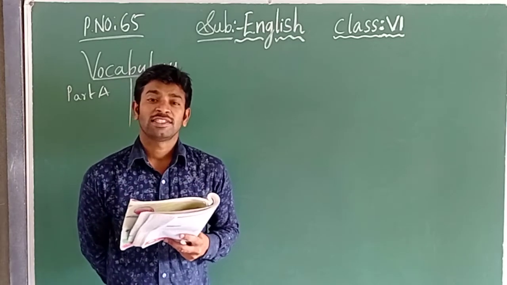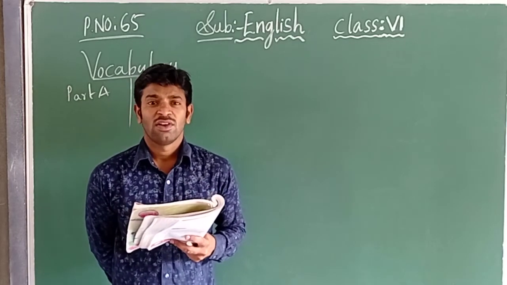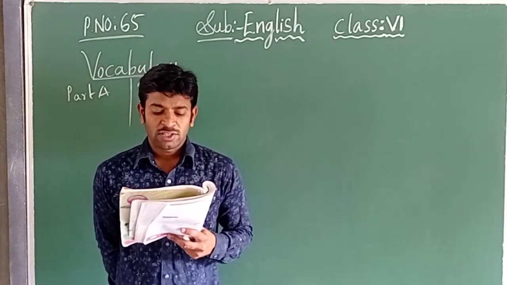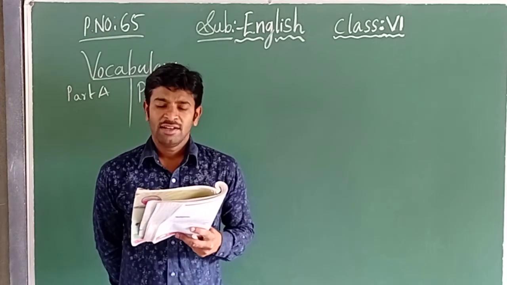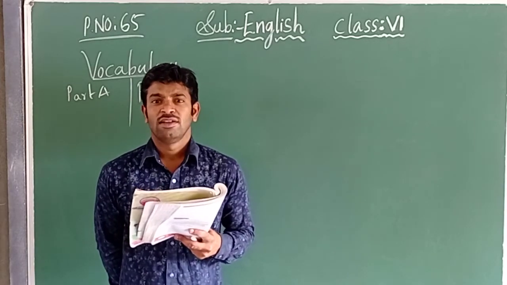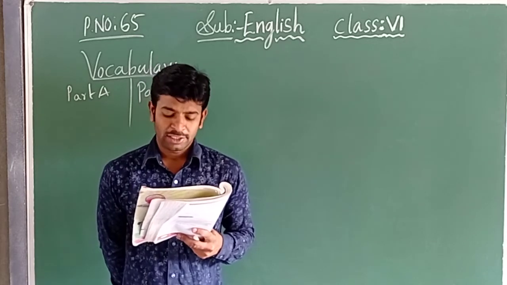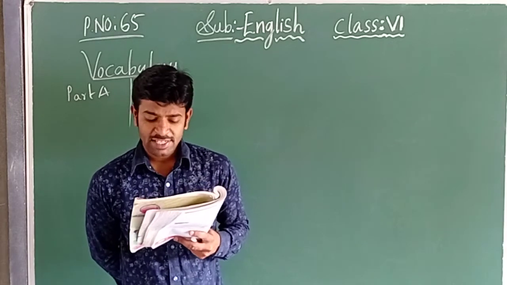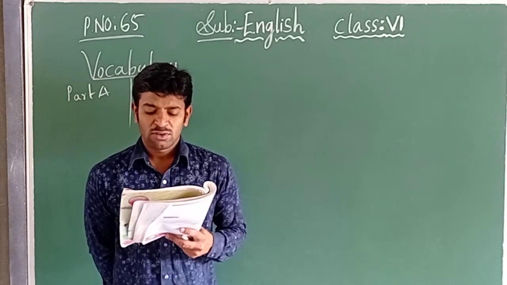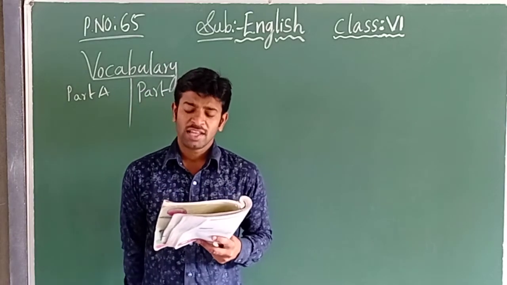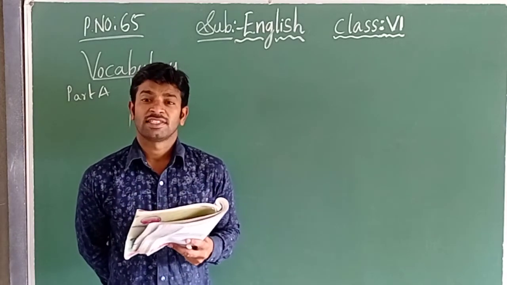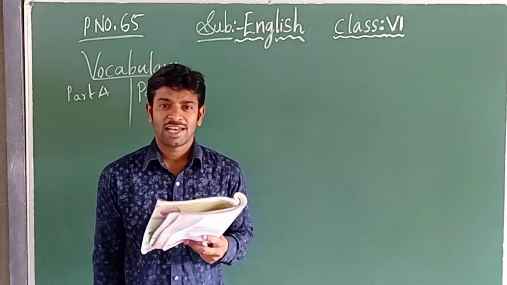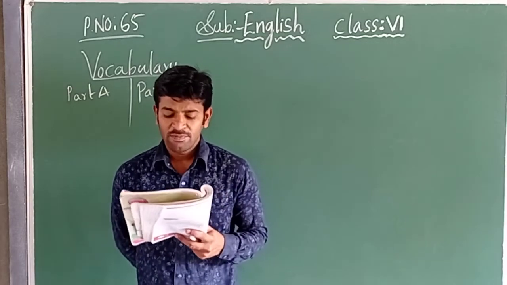Now let us find the meaning. See here, the first one is oxygen. Now match the meaning of oxygen with the options from part B. What is given in part B? Important part of our food, produced by trees, juice or milk from a tree, useful for human life, water drops in the air, and useful for trees. These are given, children. Now which is the correct meaning for oxygen?